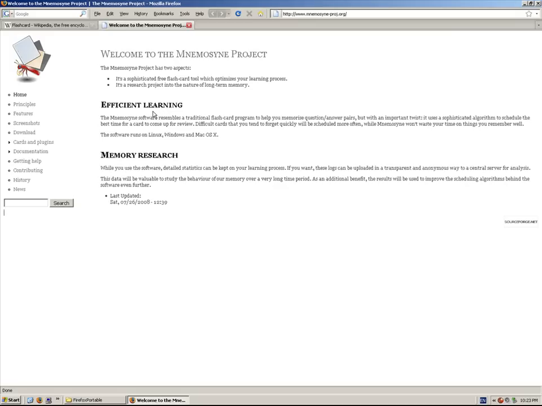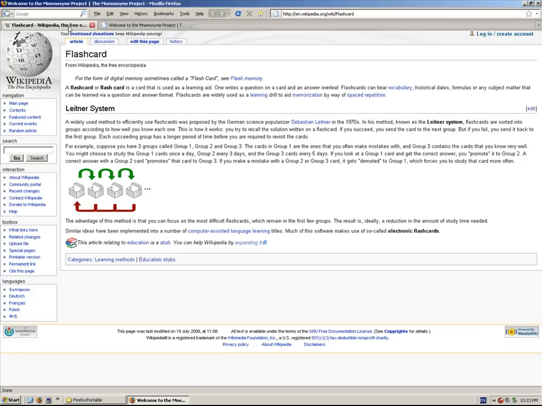Most of these memorization software, and there's a lot out there, are based on the Leitner system. And I went to the Wikipedia flashcard page, and it has something about the Leitner system right here. Okay. Basically,